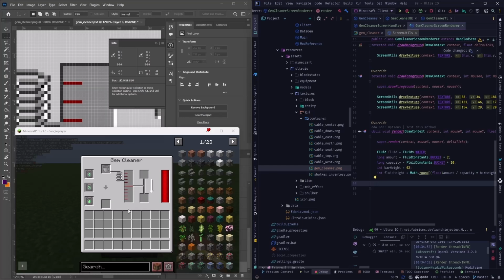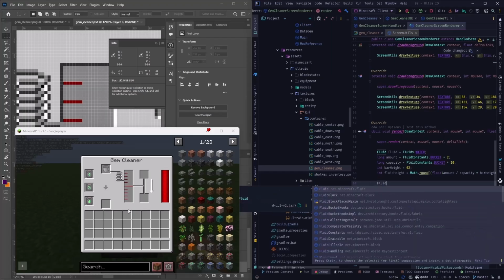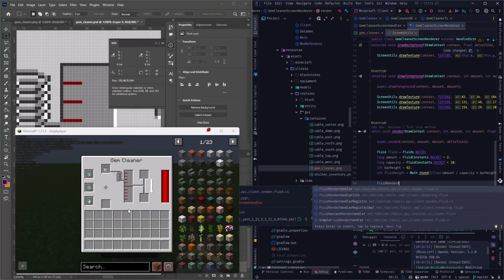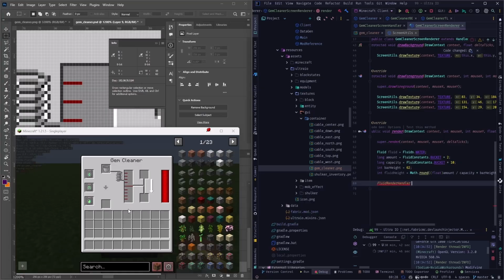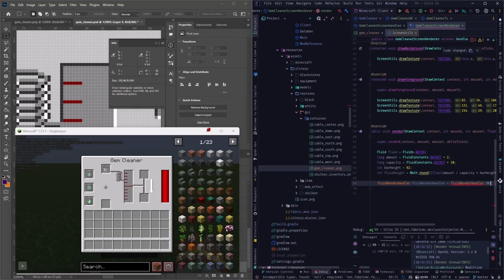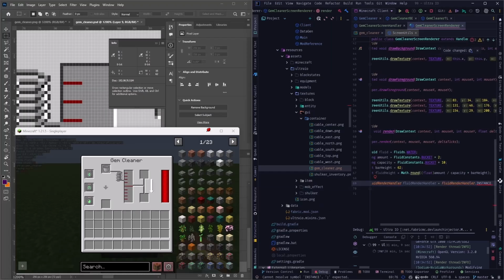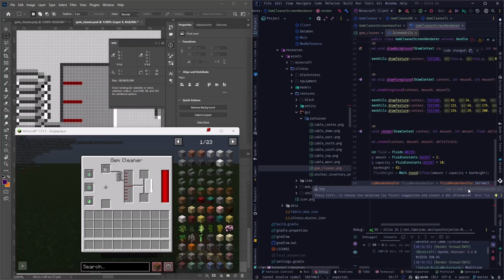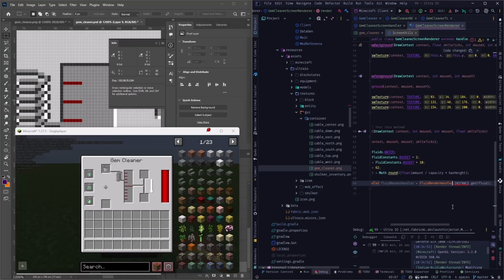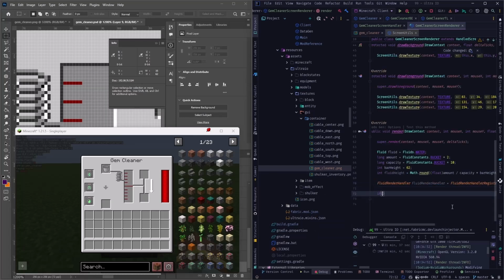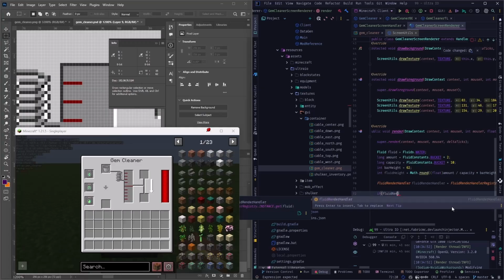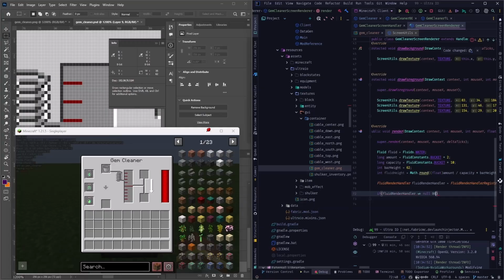And thankfully, there are tools for that. So we say FluidRenderHandler, and you see that it's from the Fabric API, and we say FluidRenderHandler equals FluidRenderHandlerRegistry.INSTANCE.get for the fluid that we have. Sorry, it's not FluidRenderHandler, it has a registry. That one has an instance as a singleton. Okay, now that we have it, we can say if the fluid render handler does not equal null